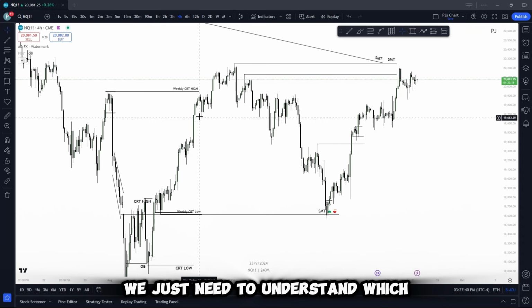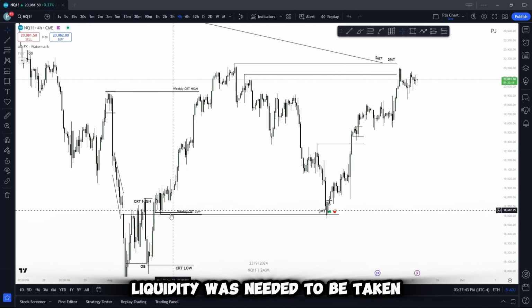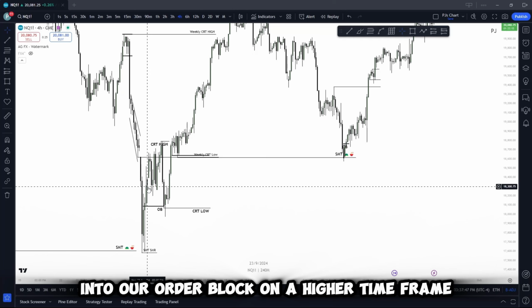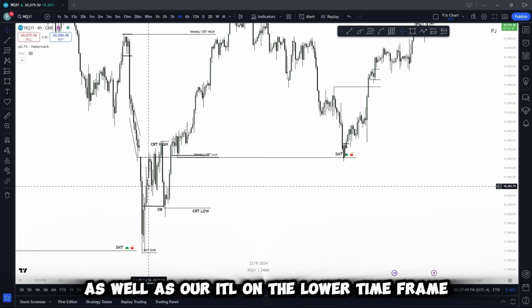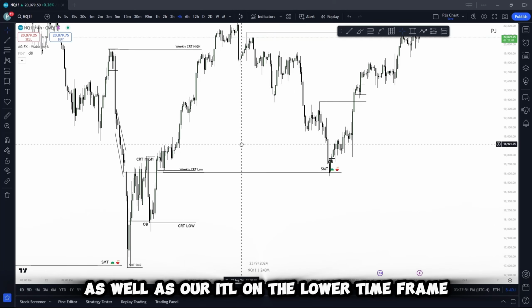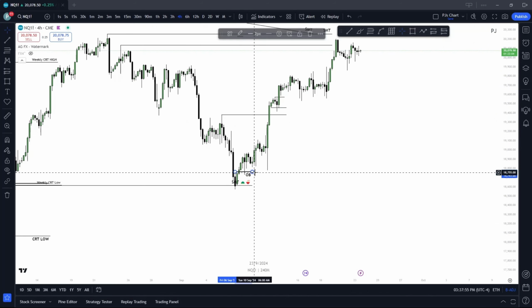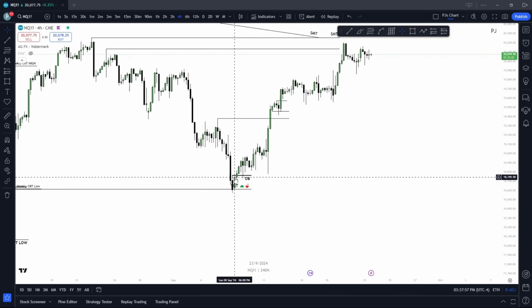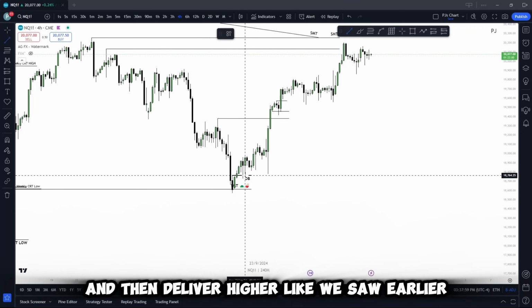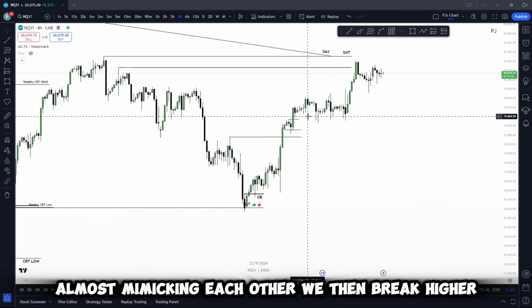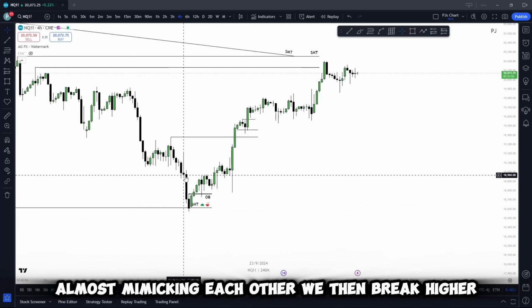We just need to understand which liquidity was needed to be taken into these low resistance lows here, into our order block on a higher time frame, as well as our ITL on the lower time frame. We sweep, return in, and return to this order block here. Put in our protected low, and then deliver higher like we saw earlier, with these pieces of price action almost mimicking each other. We then break higher,